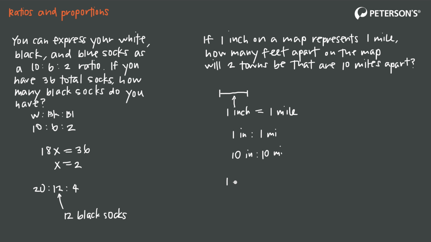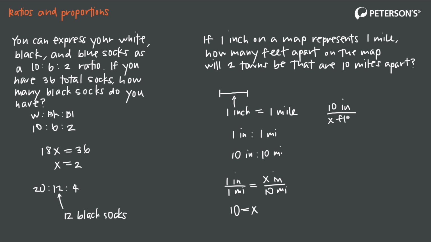I could also have set up the proportion 1 inch to 1 mile is equal to x inches over 10 miles, and then cross-multiplied to get 10 is equal to 1 times x, or x, and that would have told me that the towns need to be 10 inches apart on the map. But then realize here that we're being asked how many feet apart on the map will the 2 towns be? Well, the towns are 10 inches apart on the map,